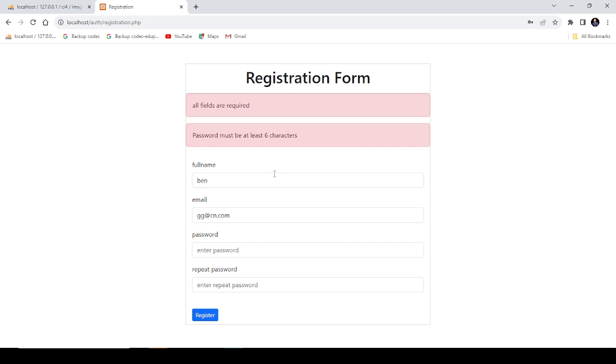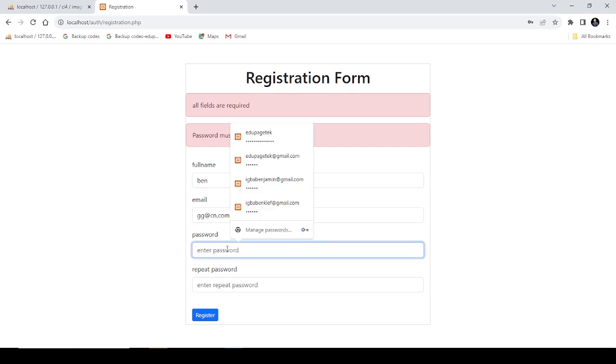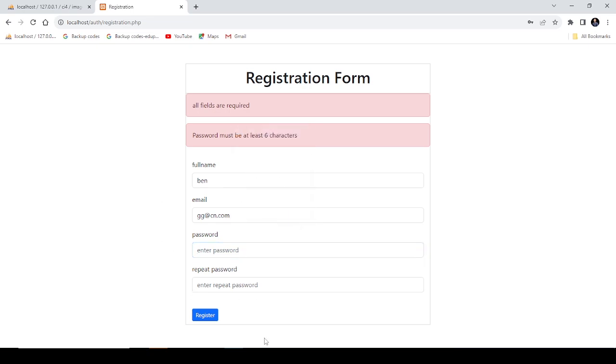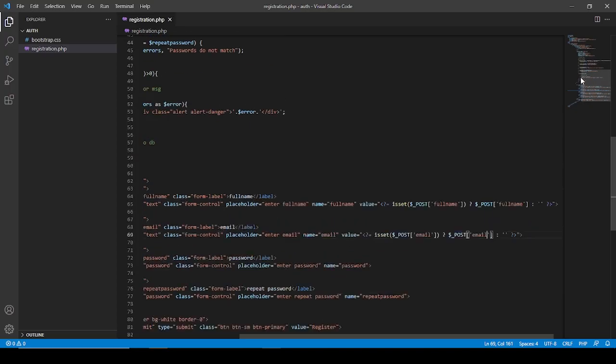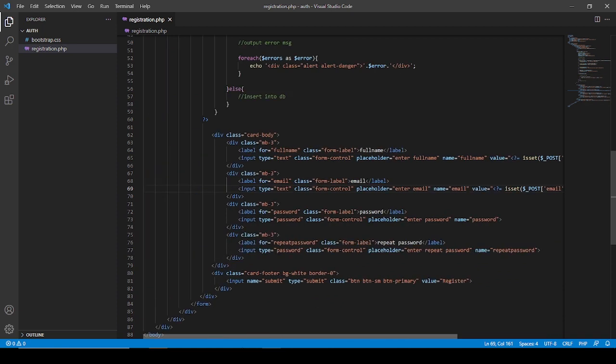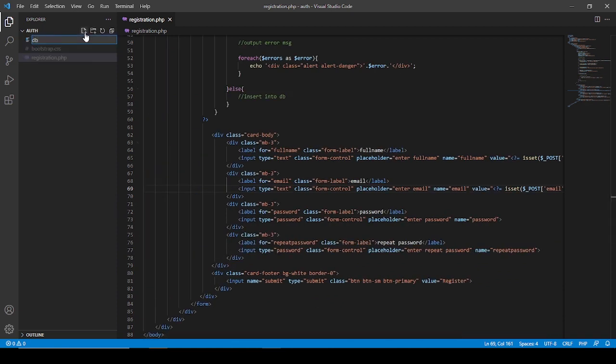So this is how we can retain our input field contents. The next thing is that we cannot hold our password, because password is something that is supposed to be secret, so there's no point. So the next thing we're going to do is create our connection so that we can insert data into the database. So we come here and create our connection file of